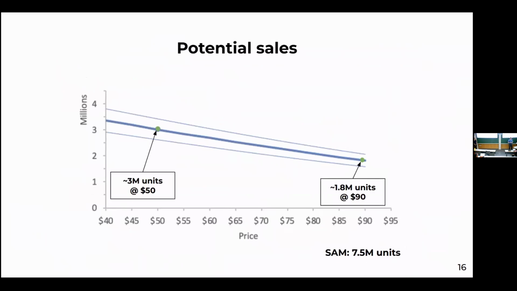Okay, other than the attributes, price is another direct and controllable lever in our research. Within the demand range, we observed that changing the price from $50 to $90 will decrease the simulated market share from around 3 million to 1.8 million. This data is pretty useful in our following